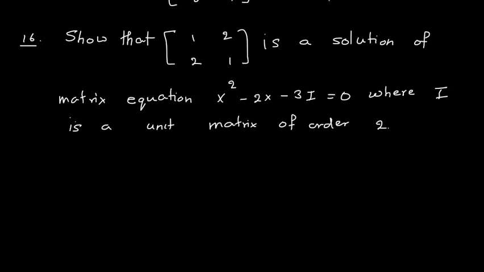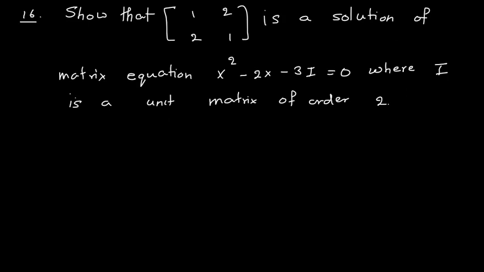Okay, something is missing in this. Okay, the problem is correct. We have to show that this is a solution, meaning this should be the value of x. When I solve, I will get the value of x as [1 2; 2 1]. So in this problem, what we can do? We can assume the value of x as [1 2; 2 1] and find this value. If this is equal to 0, then we will say that this [1 2; 2 1] is a solution. Okay, so let us begin.